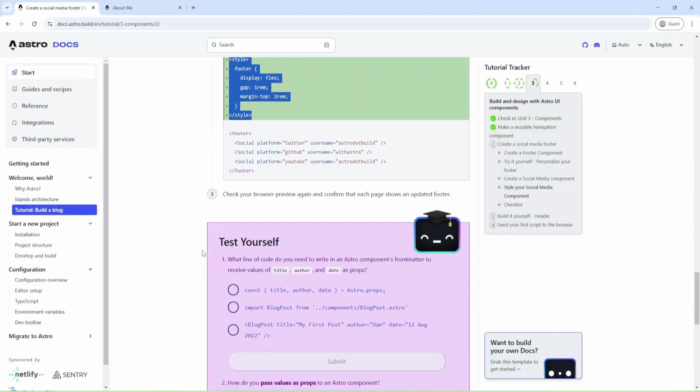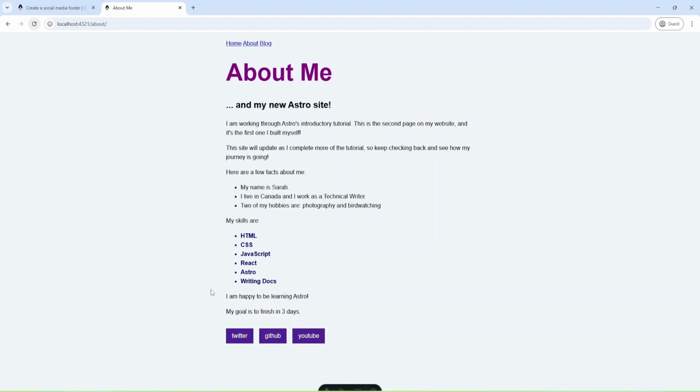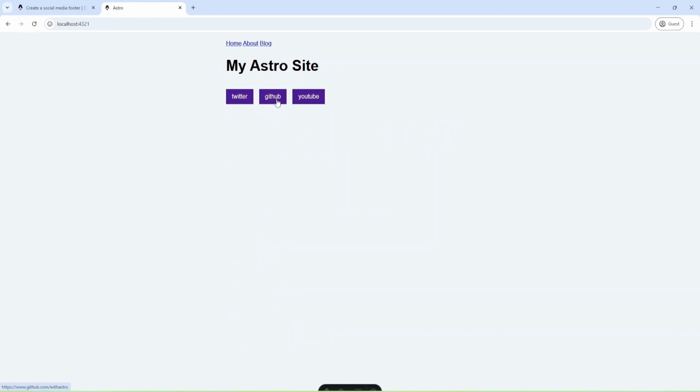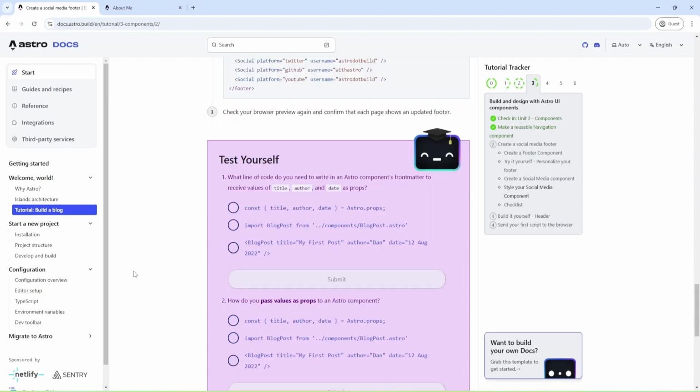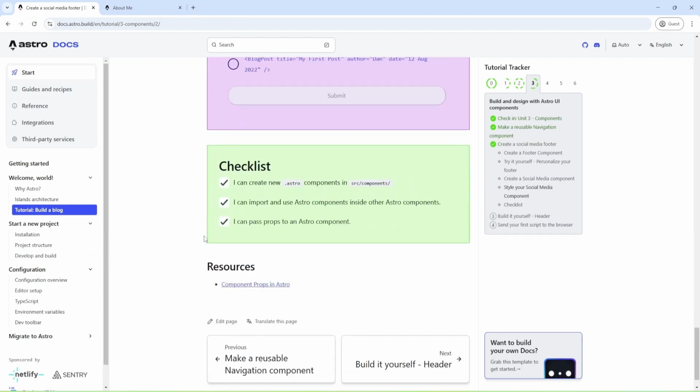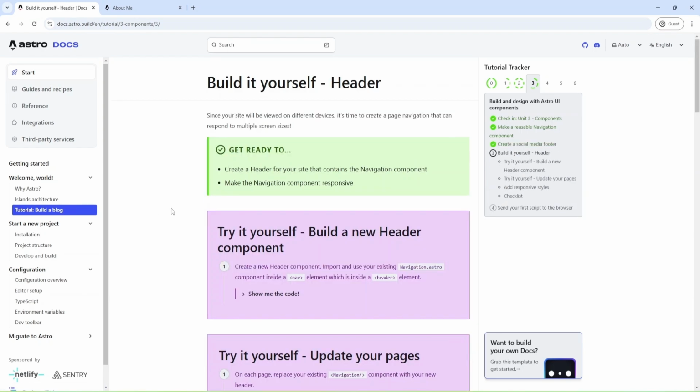Okay, and let's check what we have. Okay, and as you can see, styles were added, and we have links to some Astro docs, I believe GitHub, Twitter, YouTube, and the same we have on home and on blog. Okay, it looks good so far. I can mark it as done and go next.